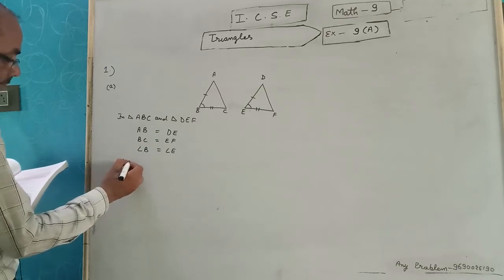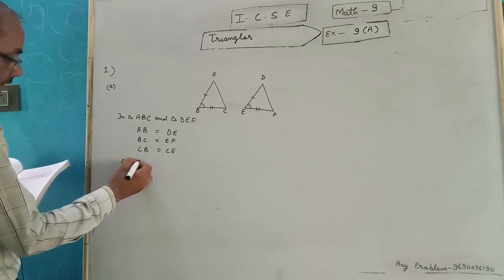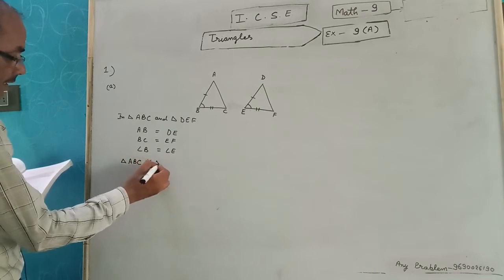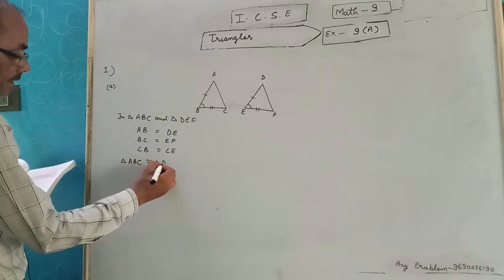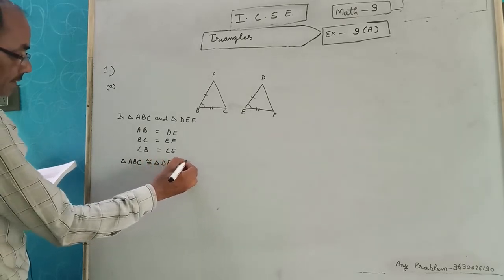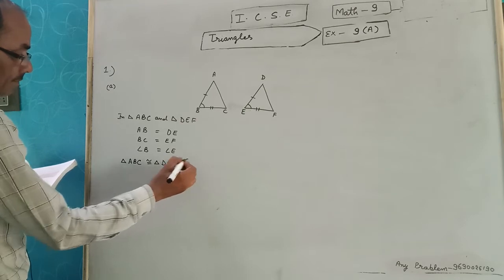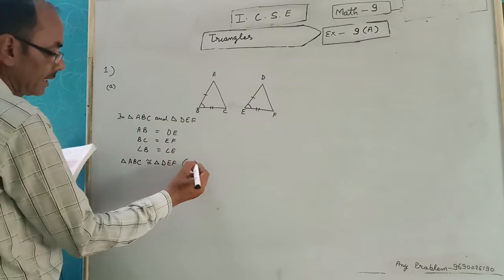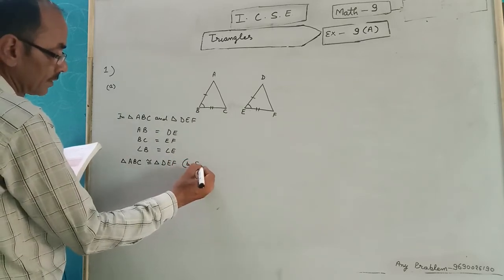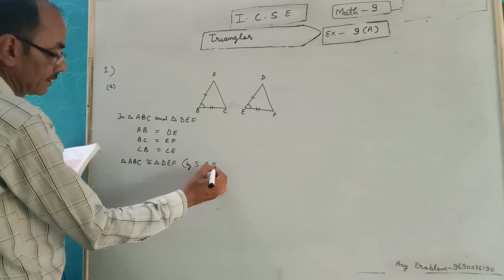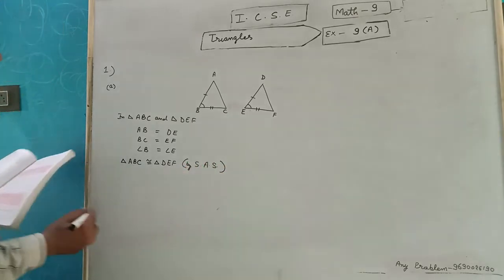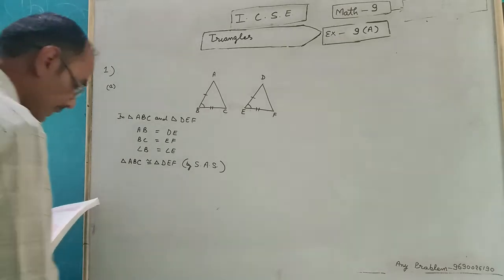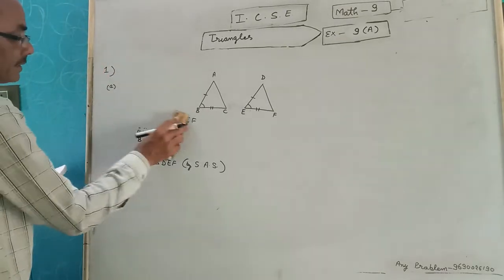Triangle ABC congruent triangle DEF by both side and between angle, SAS. First part A part is complete. Second part B part is